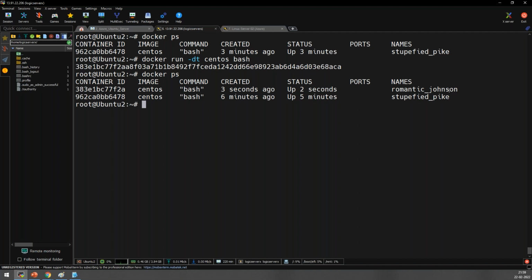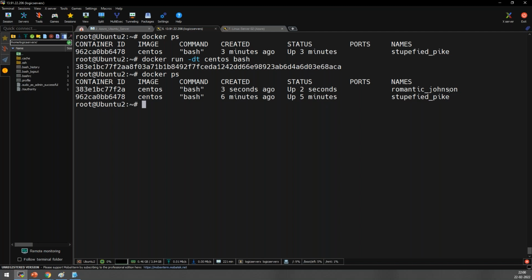Now what if you want to give your own name? That's also a very important point, right? Like, I don't want Docker to give silly or fancy names like this. I want to give a name by myself to the container. That is also possible. You can basically put a tag value there, and if you put a tag value there, you will be able to set the name also. That's it.